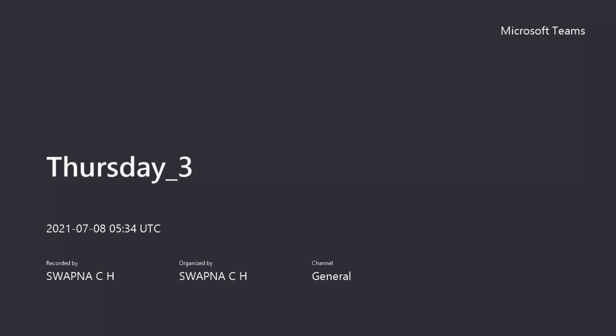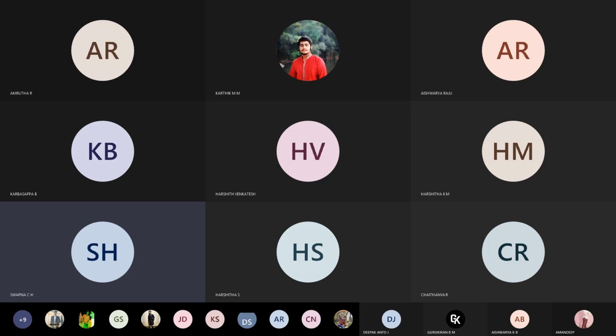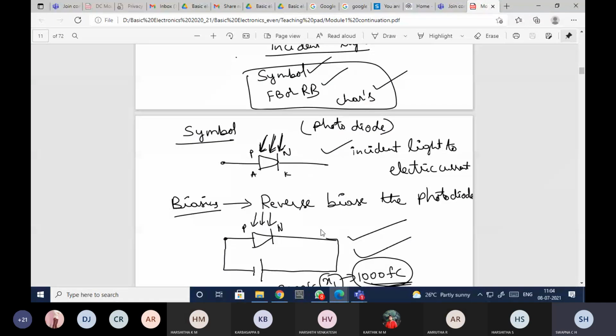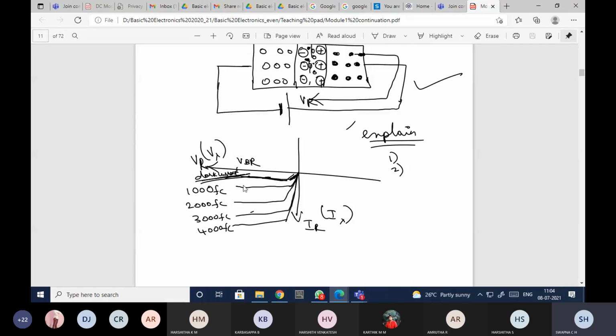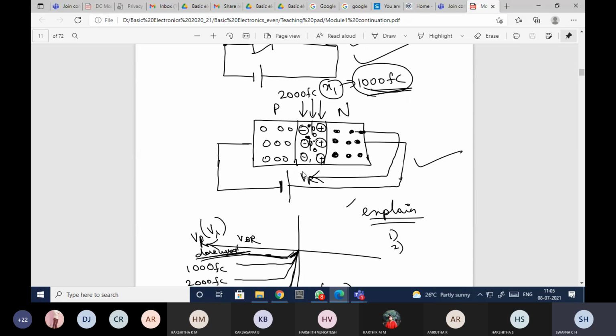We have seen the photodiode, its symbol, and that the photodiode is reverse biased. When it is reverse biased, a very small current will flow. That current is said to be the dark current. So in the characteristics I have shown the dark current, and this dark current should be as small as possible. If this dark current is more, then when light is illuminated on the PN junction diode, it will act